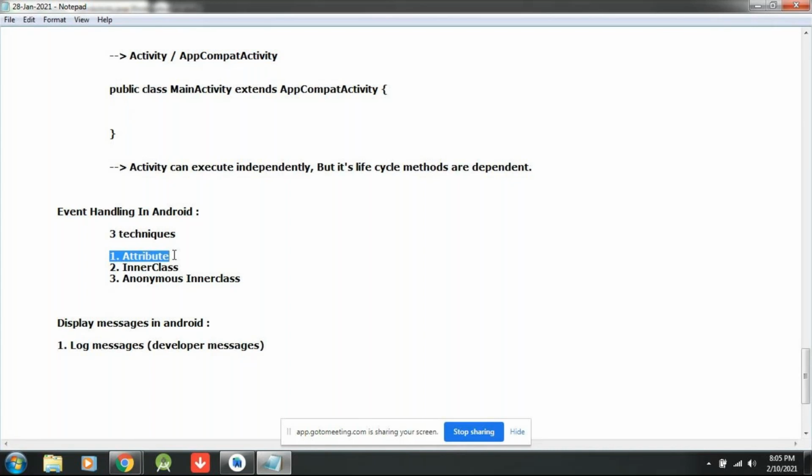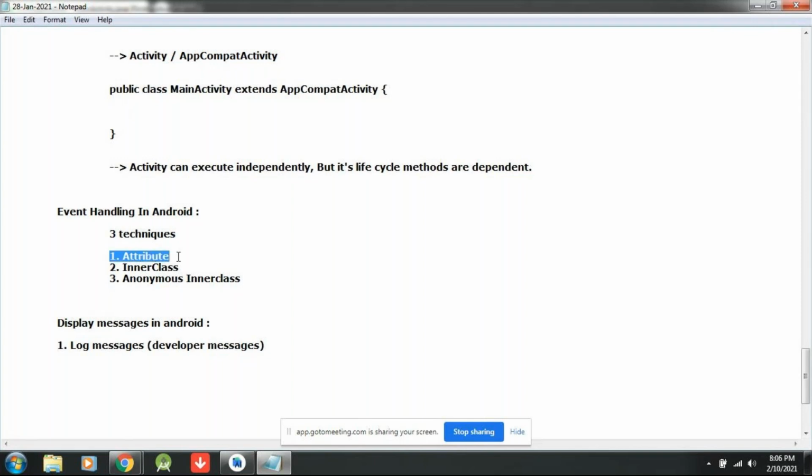While doing code review in real time, they may simply reject it. So I suggest you don't use this attribute method. I am giving it to you for knowledge purposes. It is also a way to write, so keep it in mind, but don't use it. It's very simple, so let me explain this attribute method.